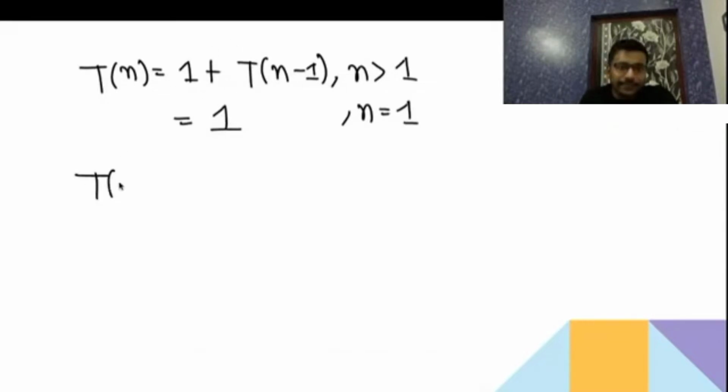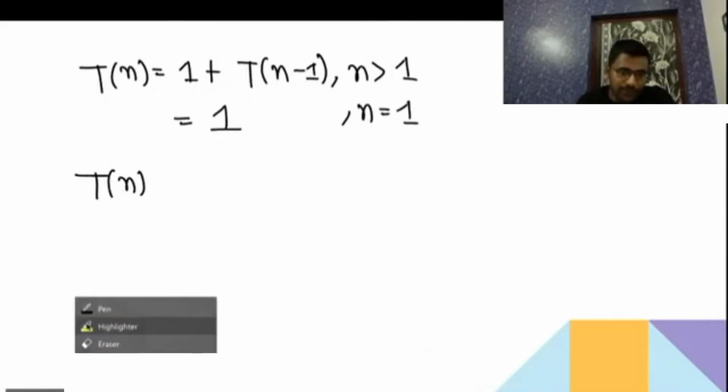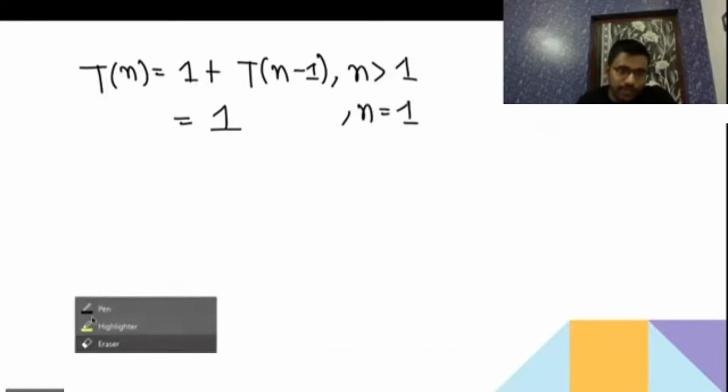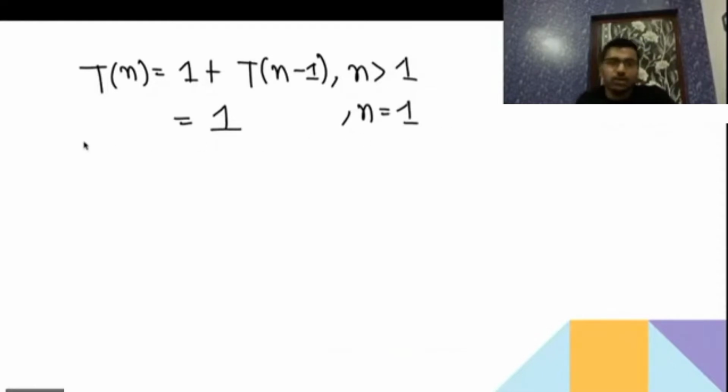Since it is the first recursive function, I am writing some points; in the next question I will not write them, so please write them now. This condition is called the base condition, anchor condition, or halting condition. Sometimes in GATE they will ask what is the anchor condition, what is the halting condition.